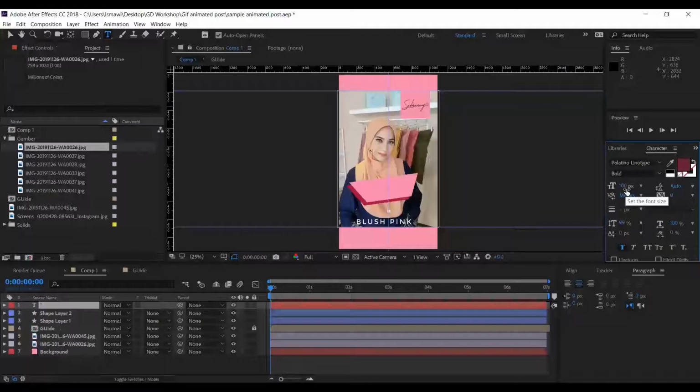And then we can change the size. Change the kerning and leading, the gap between paragraphs, the leading, and the kerning, the gap between the characters. We can add more effects to our character here, make it bolder or wider. So this is up to your design, how you're going to modify your characters. For this exercise, we're going to use Palatino Linotype, and I make it bold and extra bold by clicking the Faux Bold option here, because I want my text to become wider and stronger. Okay, all right.